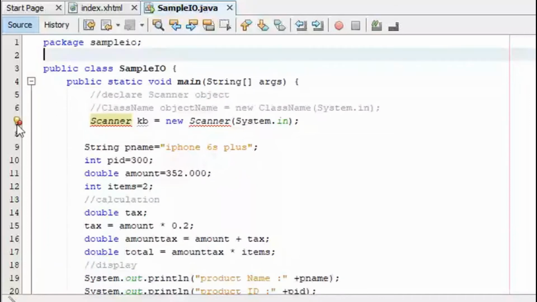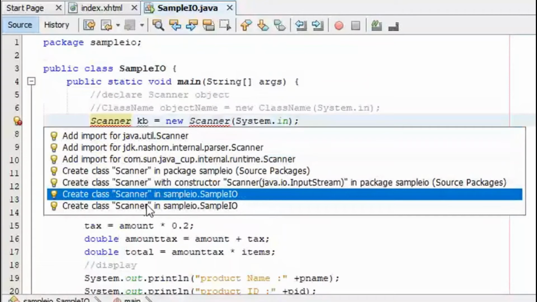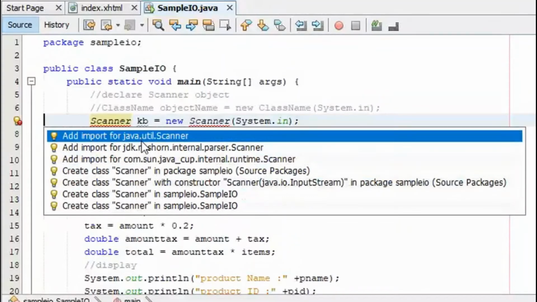Again, let me just show it to you. I have an error here. If I click this, I can simply add the import which I want. Do I need this one? No, I don't need this also. What I need is just the Java utility class. So I'll just click this, add import for java.util.Scanner.